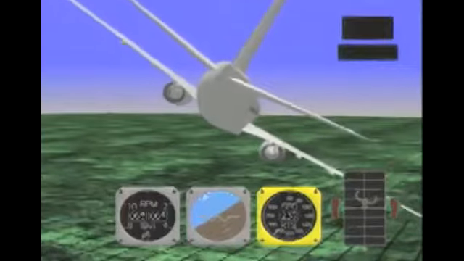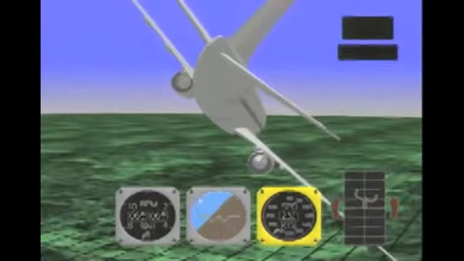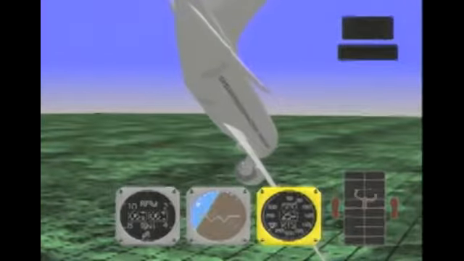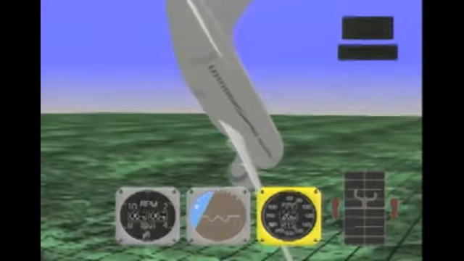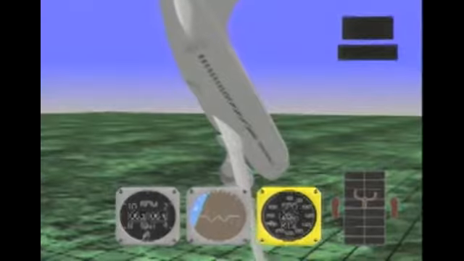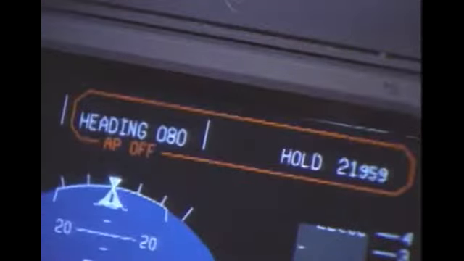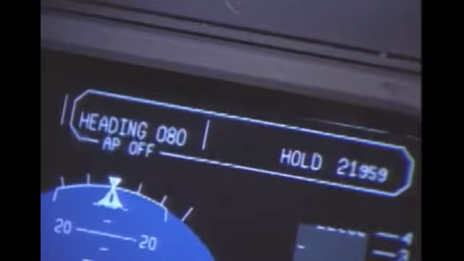A nose-low, high angle of bank requires prompt action because altitude is rapidly being exchanged for airspeed. Even if the airplane is at an altitude where ground impact is not an immediate concern, airspeed can rapidly increase beyond airplane design limits. Simultaneous application of roll and adjustment of thrust may be necessary. Again, disengage the autopilot and auto throttle.